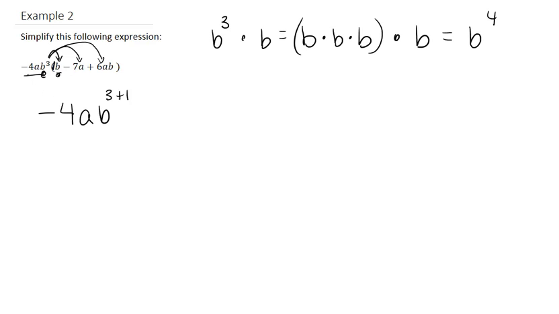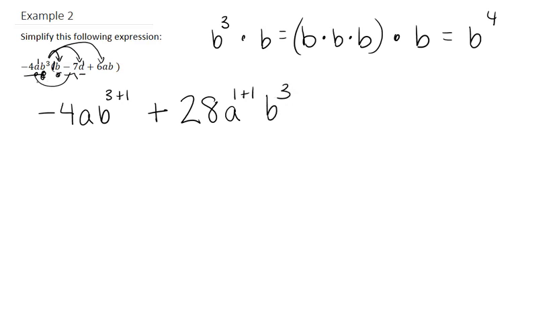So now we have this negative 4ab to the third times this 7a. But we have a negative out in front. So a negative times a negative is positive. 4 times 7 is 28. Then we have a and an a. So we have a to the first power, because we have one right here and one right here. So it's 1 plus 1. Then we don't have a b for the second term, so we're just going to keep this b to the third